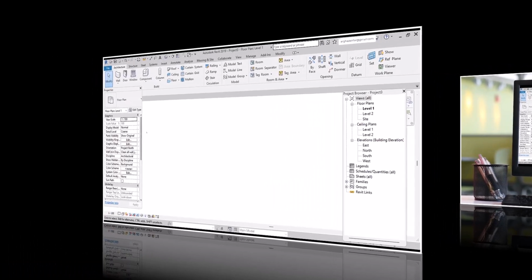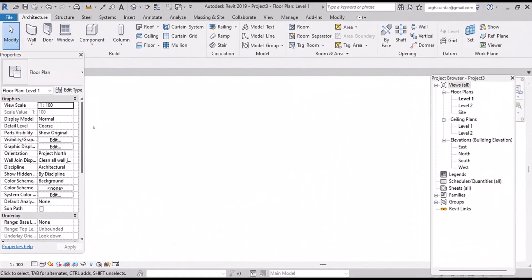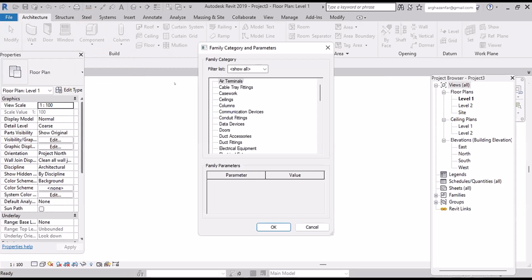The next topic that we'll be seeing is model in place. So that is what we'll be completely discussing today. So how to open your model in place? Under your architectural ribbon tab, just go ahead and choose this particular option, component, and choose the second option called model in place. Once you click on model in place, what happens is you will be able to see